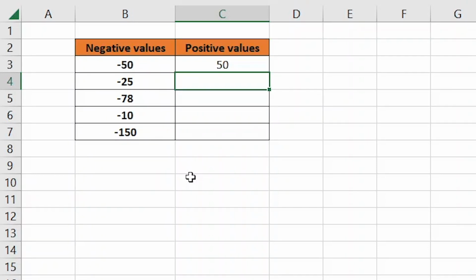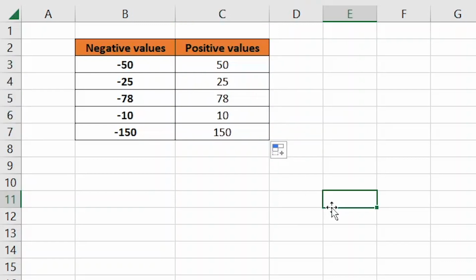If we want to use this formula in other rows, we click on the cell where we have already written the formula. Drag its lower right corner to all the cells where we want to convert a negative number into a positive one. Excellent. Let's go back 2 steps and let's demonstrate the second way. This method is very fast.